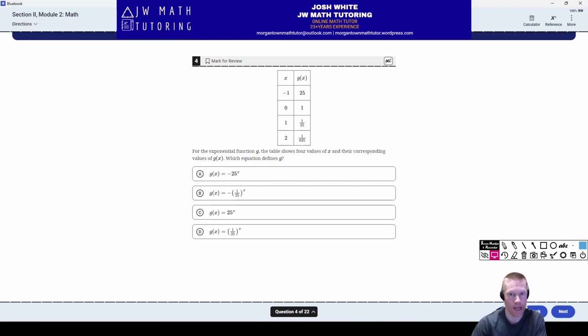All right, next up, we have a table of values here, and they want to know which function is equivalent to this. So, of course, you can do this one in Desmos. I will show you how to do that in a little bit. First thing I would notice,